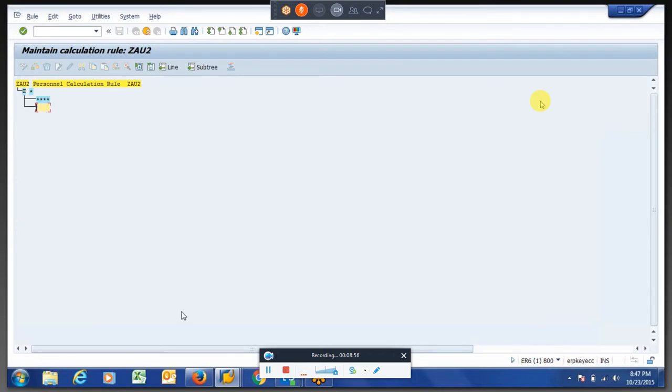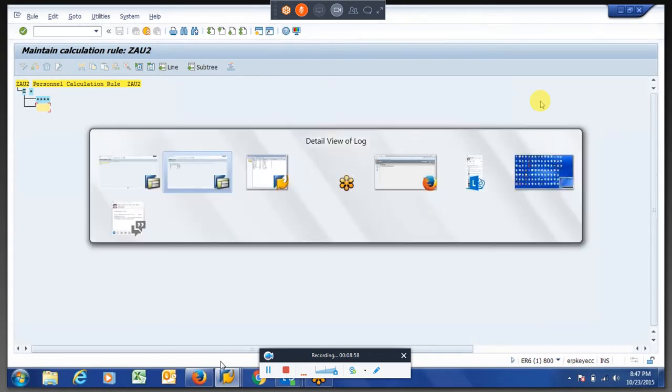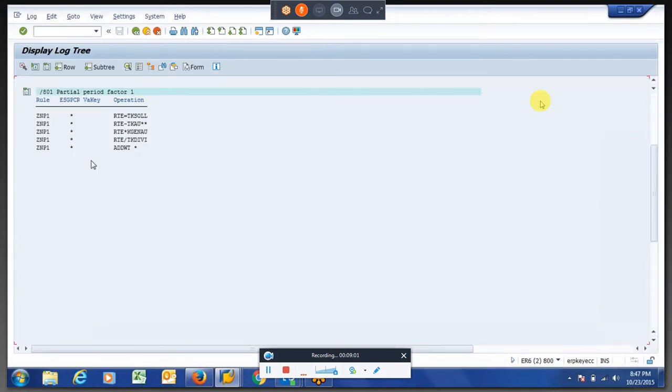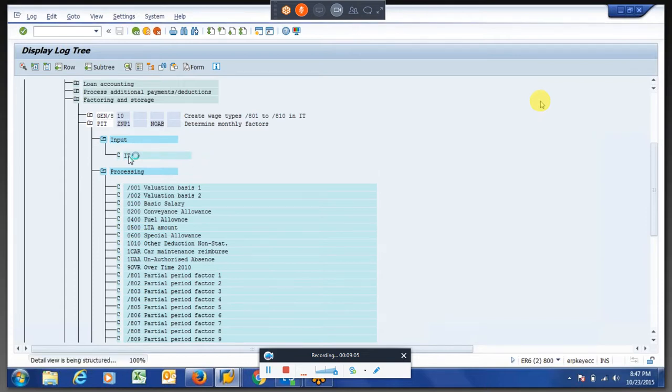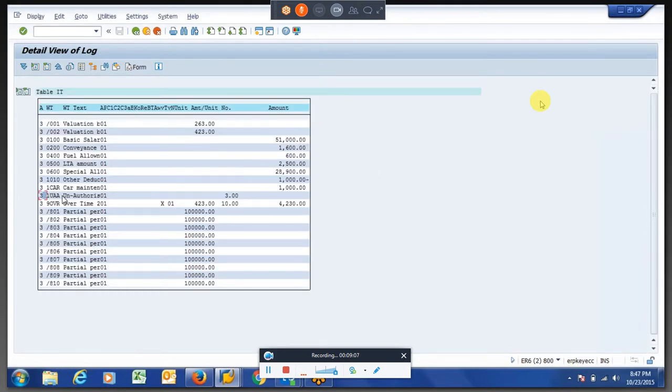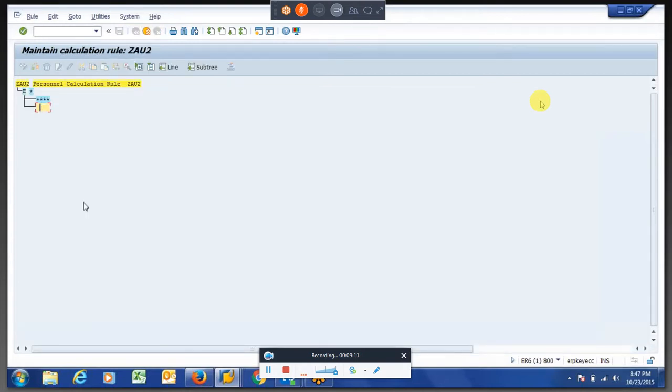And what is that wage type? Okay, 1 UA. So only for unauthorized absence, because we know this stores a number and we have to convert it to rate.